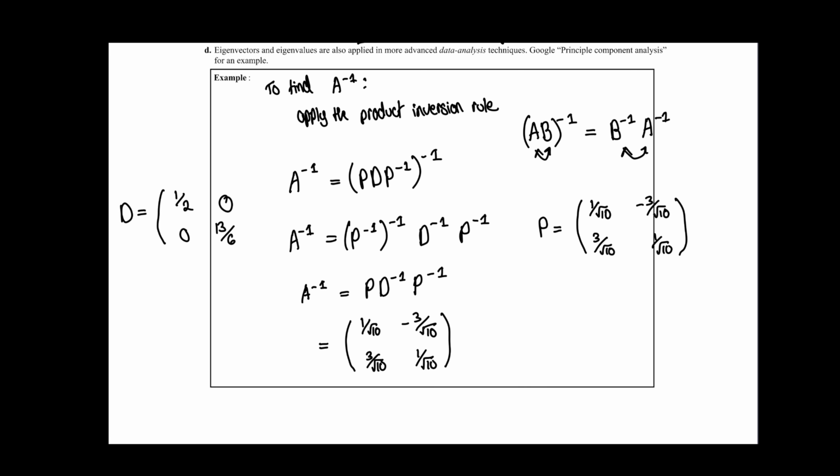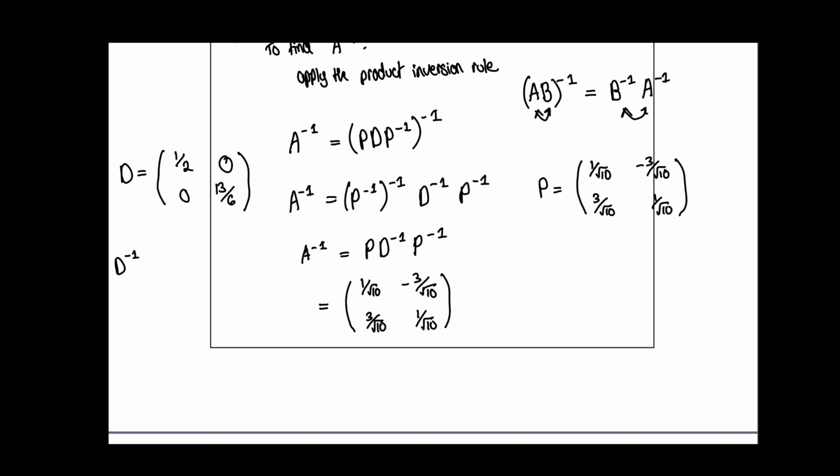If I now work out the inverse of this, it would be 13 over 6, 0, 0, a half, and the determinant of this would be a half times 13 over 6 all over 1, which gives us 12 over 13. So if I add that in now, that's 13 over 6, 0, 0, a half, and I'll put the 12 over 13 at the front,